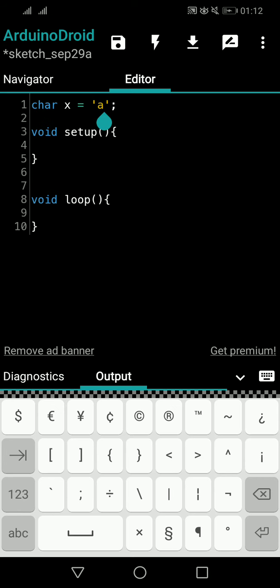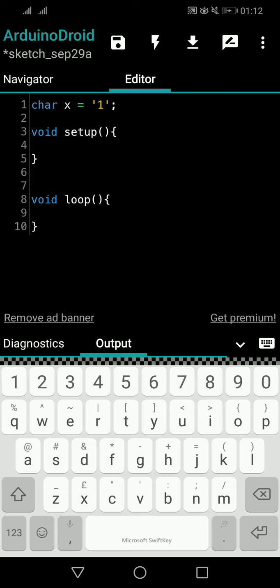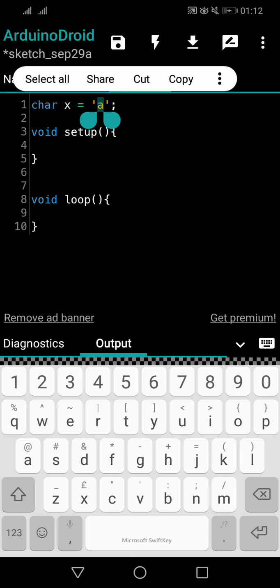You can even have '1' here, that's totally fine, but it cannot be used as an integer value anywhere you want, because you cannot add it to another integer value and calculate. You can't do things like that because now you are using it as a character, meaning as a letter. So just forget about one, let's have 'a' here. The character a is held by the variable named x. So whenever we talk about x, we basically talk about the value a. Basically we have a memory location, we name it x, and in that memory location we store the character a. So whenever you call x, we are actually calling a.